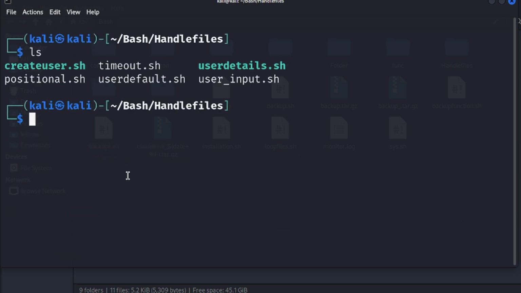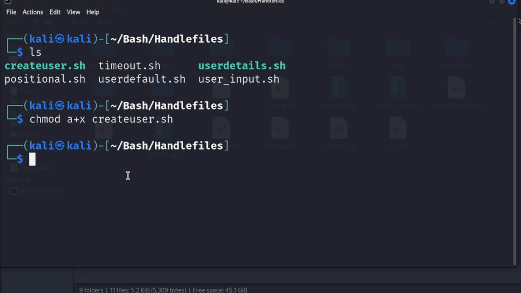So let's update our chmod statements with regards to the privileges we have assigned to this specific script. I have provided the executable privilege already. We will run this script as root with the help of sudo. We will write create_user.sh, and here we would write the name of the specific user that we wish to create. Since we would like to test out the prompt correction methodology which we just implemented,